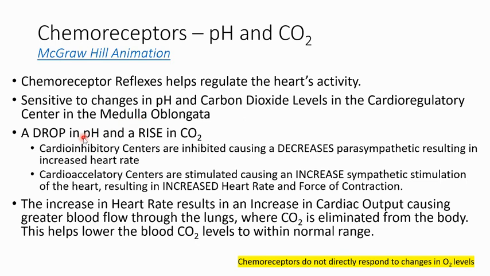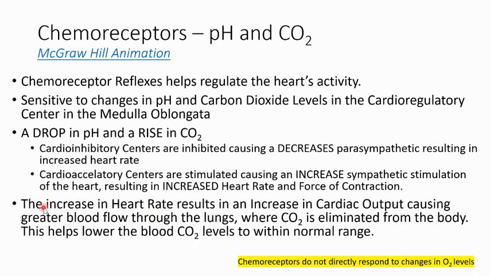So a drop in pH will also mean a rise in carbon dioxide. If one does one thing, the other's going to do the other. The cardioinhibitory centers are inhibited, causing a decrease in parasympathetic stimulation, resulting in increased heart rate. You've got too much carbon dioxide. You've got to increase heart rate to get that oxygen going around the body, because remember that gas exchange is happening in the lungs. Cardioacceleratory centers are stimulated, causing an increase in sympathetic stimulation, resulting in increased heart rate and